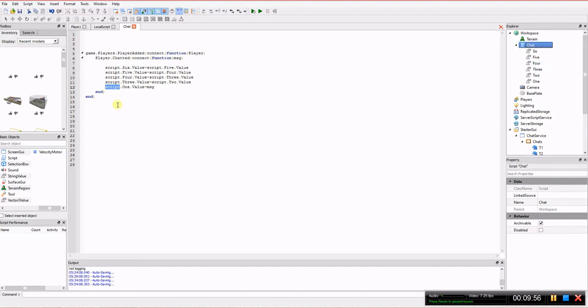So script in the script would be an object value, which would be the actual thing you're coding in, which is chat. So script.3.value equals script.2.value. And to finish it off, we could say script.2.value equals script.1.value. So that way, instead of, if we were to say script.1.value equals message, and then script.2.value equals